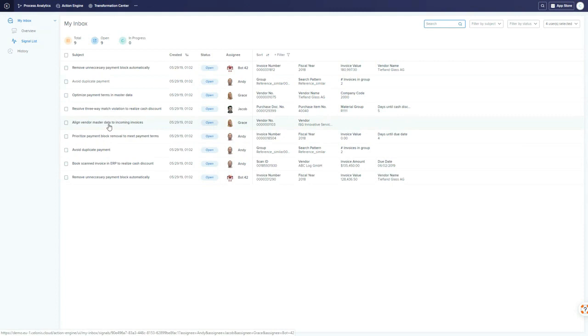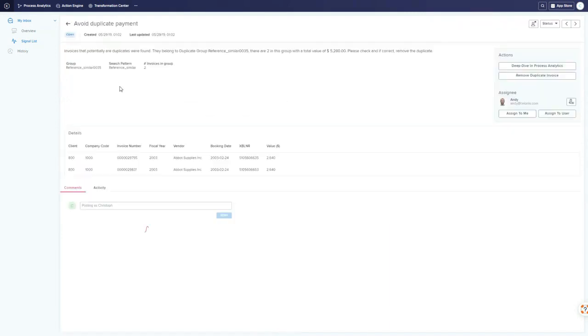And as I explained before, we can now detect, for example, these duplicate payments. So there's a signal now sent to Andy, saying, hey, wait, you are about to do a duplicate payment. And this is something that is real-time, triggering to his workplace through an email, for example. It could also be Slack or any communication possibilities you have in the company.